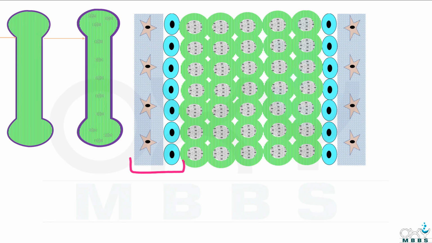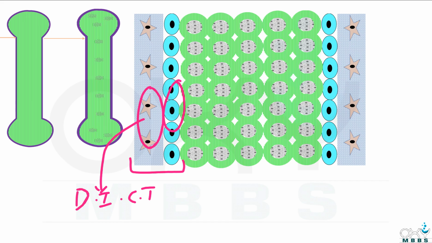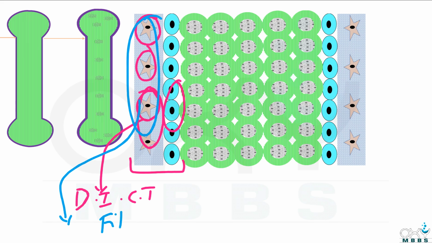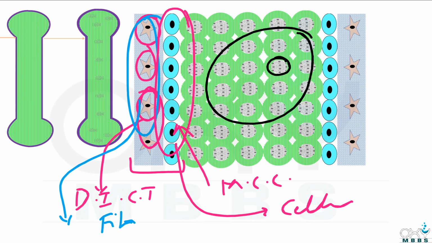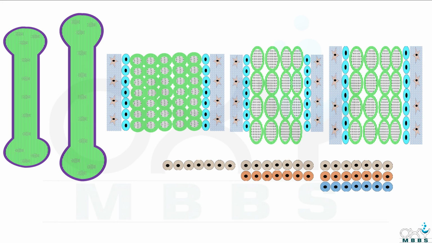And this perichondrium has two layers, one outer, one inner. Outer layer is made up of dense irregular connective tissue, and also this outer layer has these fibroblast cells. That is why, because of this composition, this outer layer is called fibrous layer. As in the inner layer, only cells are present, and these are mesenchymal cells. That is why this inner layer is called cellular layer, and this inner part is having chondrocytes and this extracellular matrix, that is cartilage. Now friends, we will discuss how this cartilage model grows in its length.